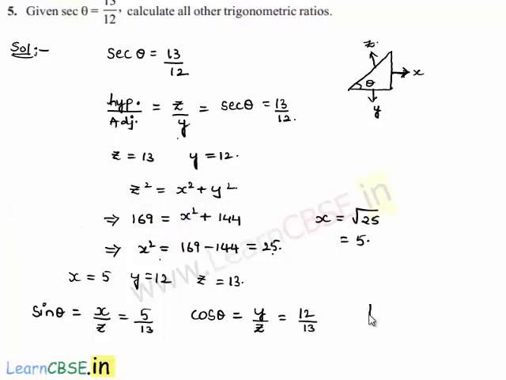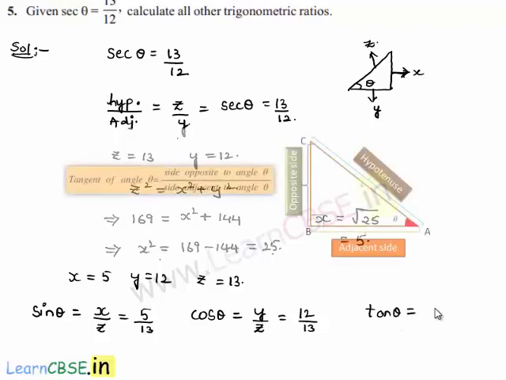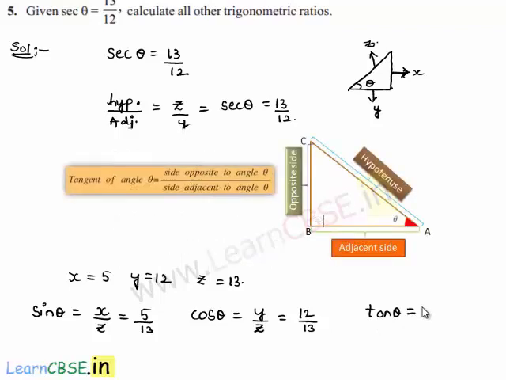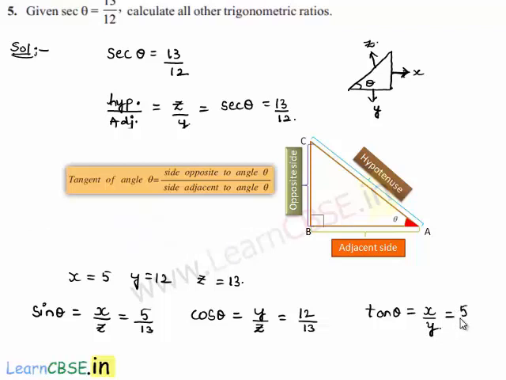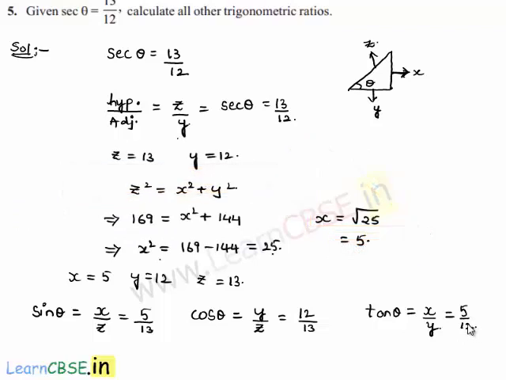And let us also find the tan theta value, which is equal to, we know that tan of an angle is equal to its opposite side by adjacent side. Here the opposite side is x and adjacent side is y, which is equal to x is 5 and y is 12. Now let us also find the value of cot theta,